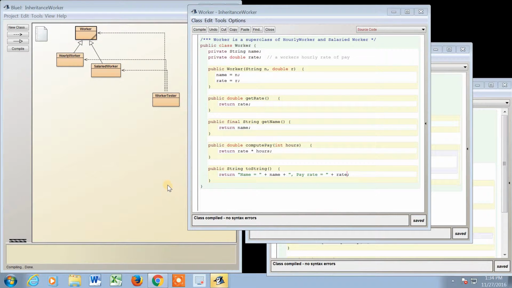I'm going to try to give a brief summary of what inheritance is all about. Inheritance is the idea in Java that you have a class. In this case, I have a class called Worker, and then I have other classes that I write, like an hourly worker. It's still a worker. I still want all the characteristics of Worker, but I want to add a little bit